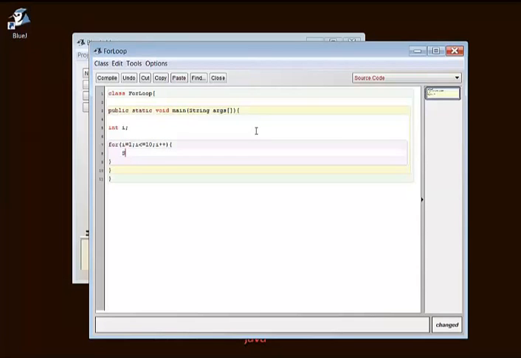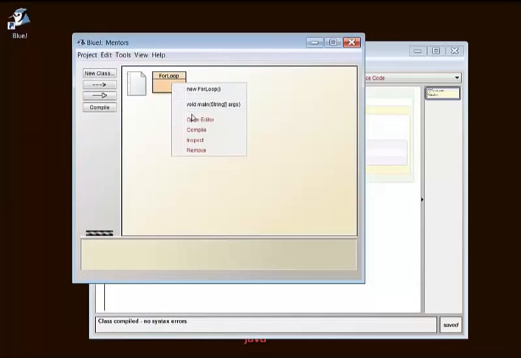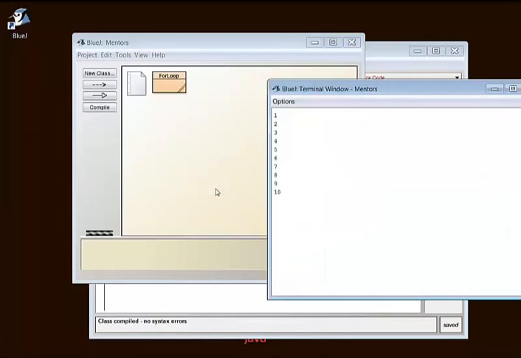Now let's print the value of i. Let's compile it. Oh, typo. Compile it again. Okay, no errors. Let's run it. Click on void main. Okay.